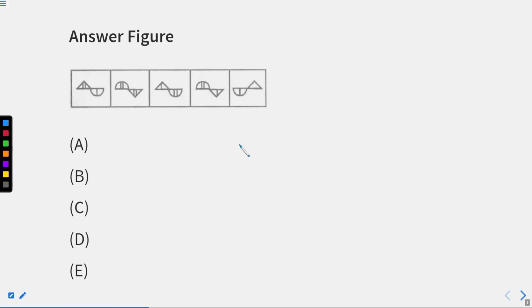Here, if we look, is this matching or not, right? No, this is not matching. This is our option A, option B, option C, D, and E. Now we need to check which option is matching with our answer figure. Is this? No. Is this? No. What we required is a semicircle in the downward direction. It means this option is eliminated. And that too we need it in the first. Here it is in the second, eliminated. Here also it is in the second, eliminated. Now option E will be the answer.